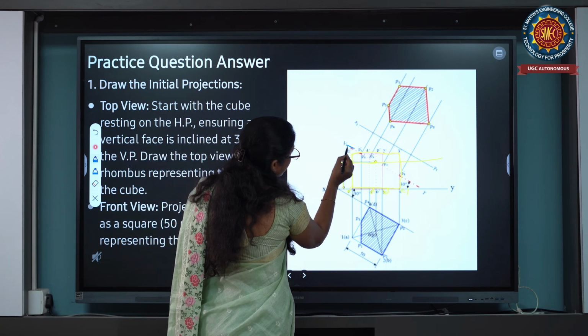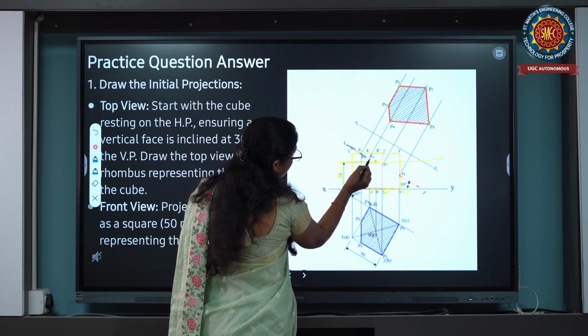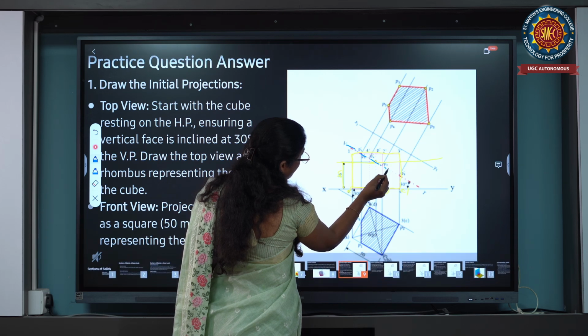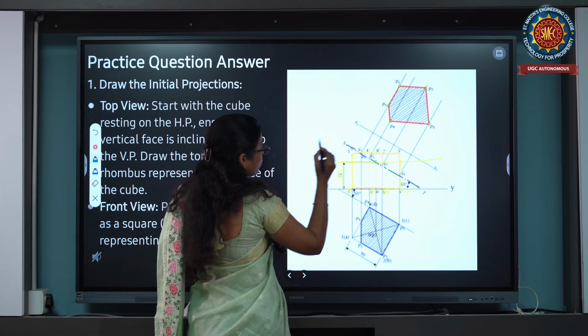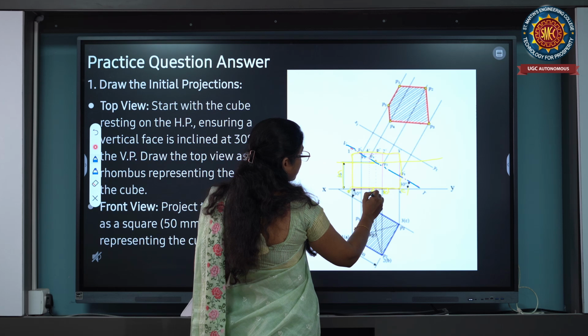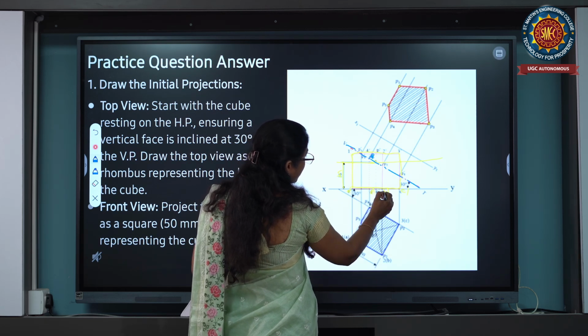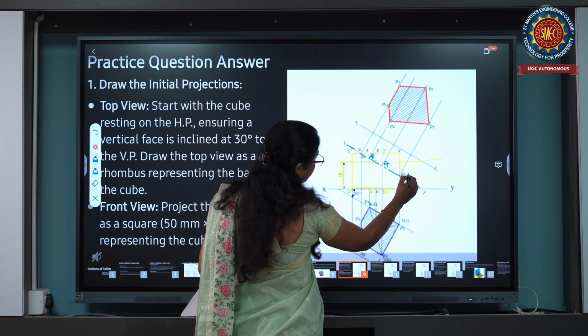The section plane is represented as two dots and one long dash. Two dots and one long dash, passing through the 35 mm distance above and inclined at 45 degrees. So we need to take this: the DO line is cut at point P and the BO line is cut at point Q, like that. This one is R.